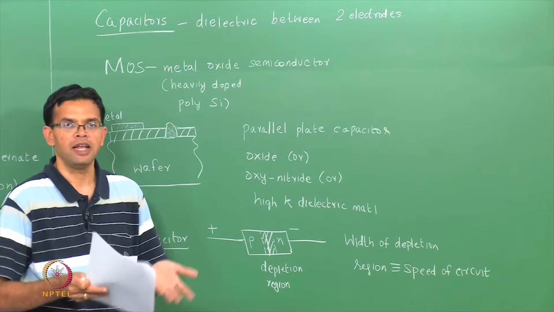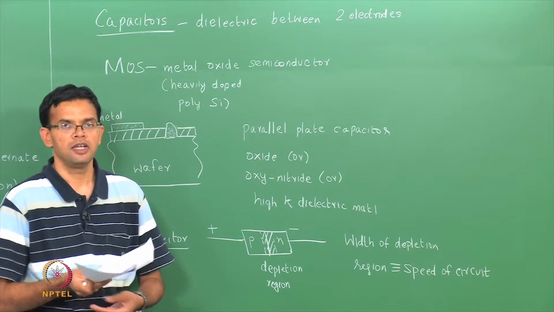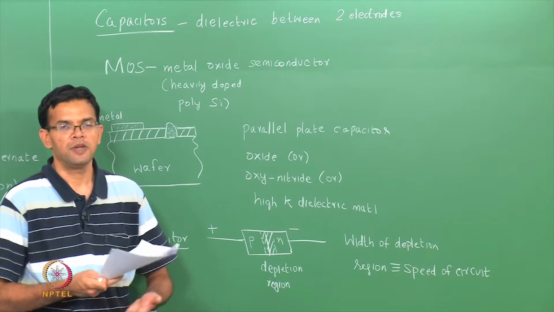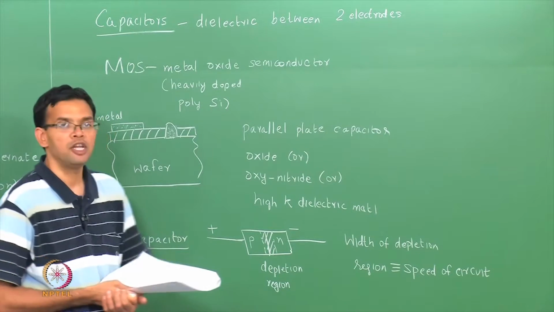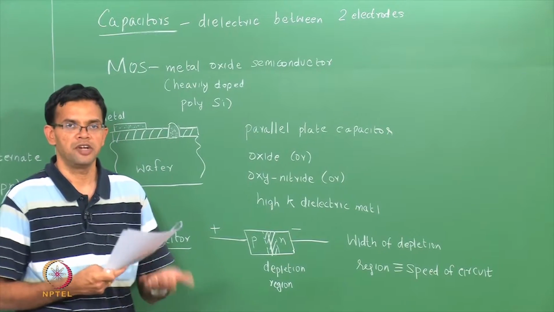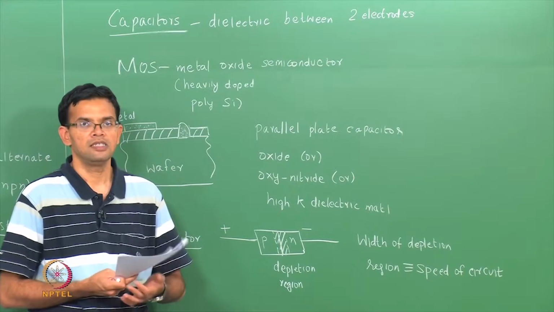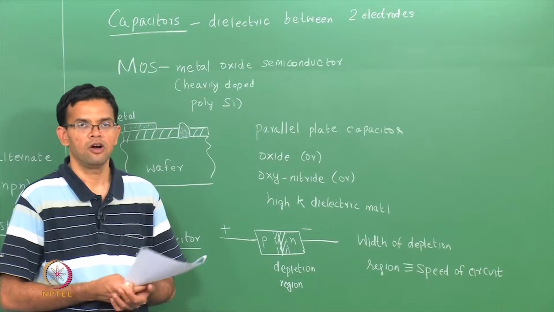So, if you have a wide depletion region, you could lead to a situation where the speed of the circuit is essentially lower. Another kind of capacitor is called a trench capacitor, and these are usually fabricated in order to